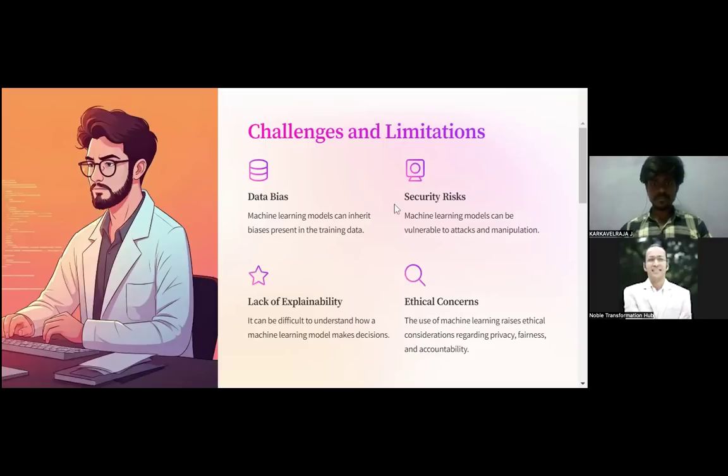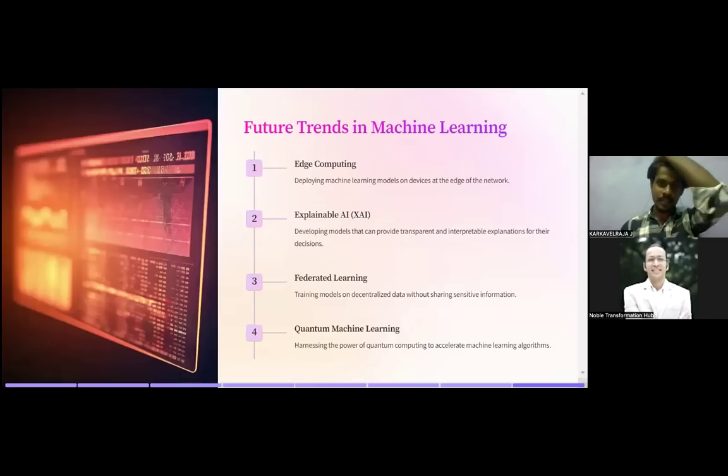Yeah, sure, sir. So moving on, what are the future trends we are having in machine learning? First is edge computing. I will not say future trend; it is from the present. They are happening in the present. Let's see what are the present trends and future in machine learning. Edge computing: developing machine learning models on a device at the edge of the network. We can integrate this machine learning model there, and we can work on edges.